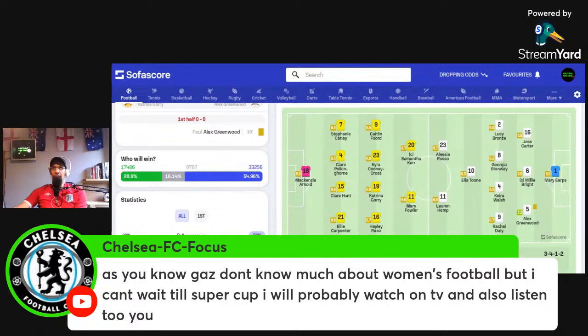So I think we're going to get a long throw into the box here. Ball crossed in. Sorry, thrown in. What am I on about? Crossed in. Sorry, guys, I'm still in work mode here. My brain's not switched on to the football properly yet. Australia with a ball over the top there, but it's gone over out of play, and that'll be a goal